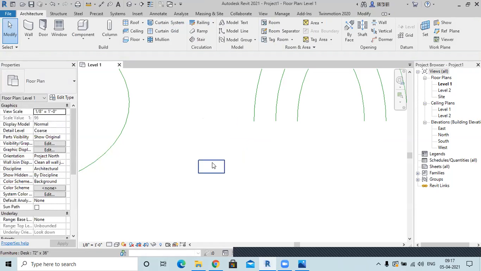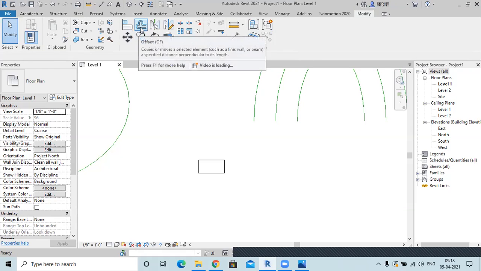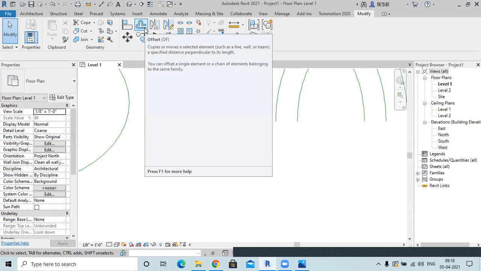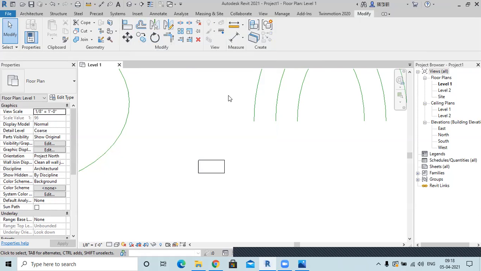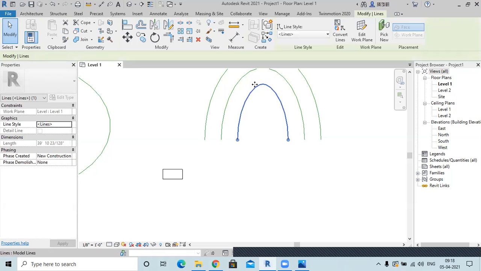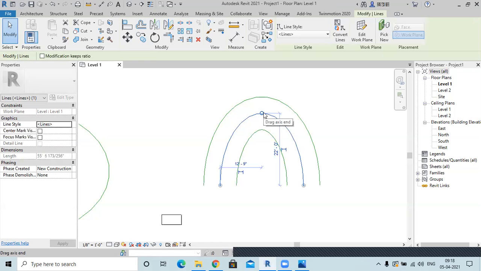If I want to offset, I can use this desk as well with a different type of offset. But either I can offset it, or the most general thing I can use is the copy command. A lot of people use offset generally for a line or wall or beam or all those things which have a particular length. Now this also has a length, but with length it also has a radius. So whenever you offset something with respect to your length, your radius will change.